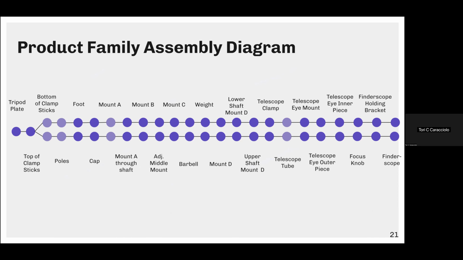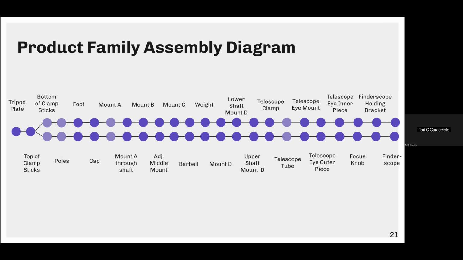So for the product family assembly diagram, the variation is dependent on the primary and secondary customers. So first, the amateur astronomers might want metal legs for more durability when transporting the telescope, automated rotation, and a more advanced scope, whereas educational institutions might be on a budget, so they can only afford plastic legs, manual rotation, and a standard scope. So the parts here that are shaded in light purple represent the variation between these two customer groups,